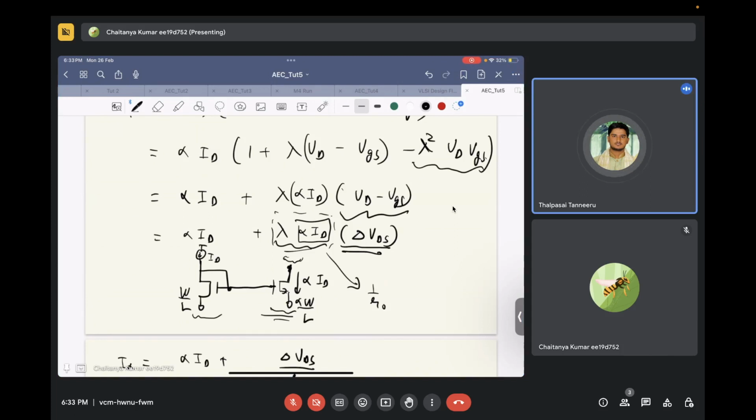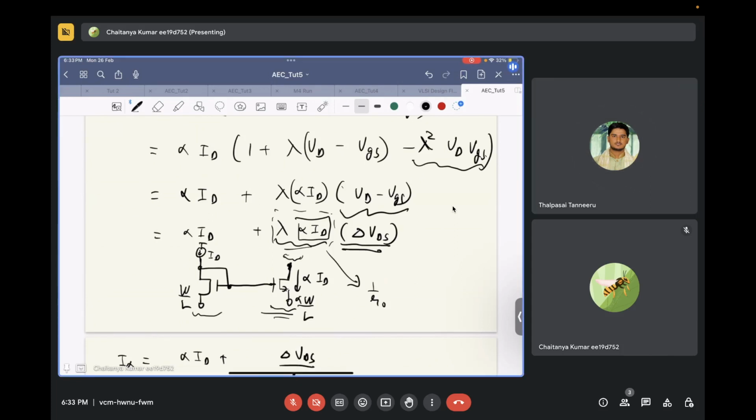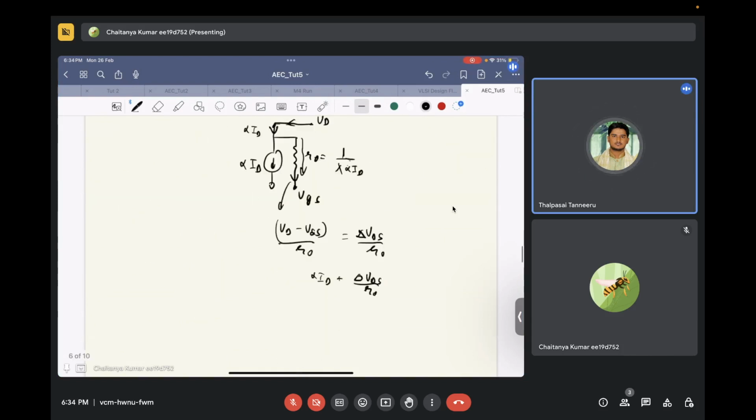Basically, yes. You have matched the gate source voltage of these two transistors, but you also need to match the drain source voltage of these two transistors. If you succeed in doing so, then the error in current copying will be reduced greatly. So what you can do is